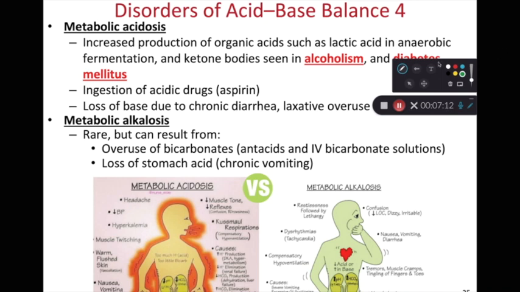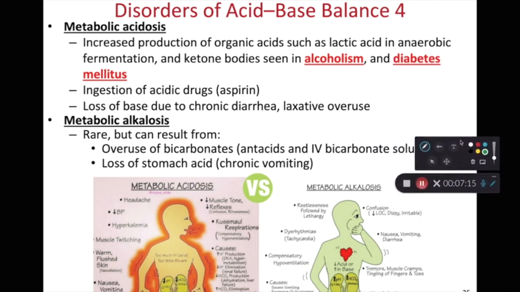We also can have metabolic acidosis and alkalosis. So when we looked at respiratory issues, it was because we were breathing in and out too much or breathing in and out too little. From a metabolic perspective, metabolic acidosis is when we make too many acids, in particular organic acids. So lactic acid, phosphoric acid being the two big ones. Or we could have fatty acids being produced. So if we have too many organic acids being pumped out in our bodies, we can have